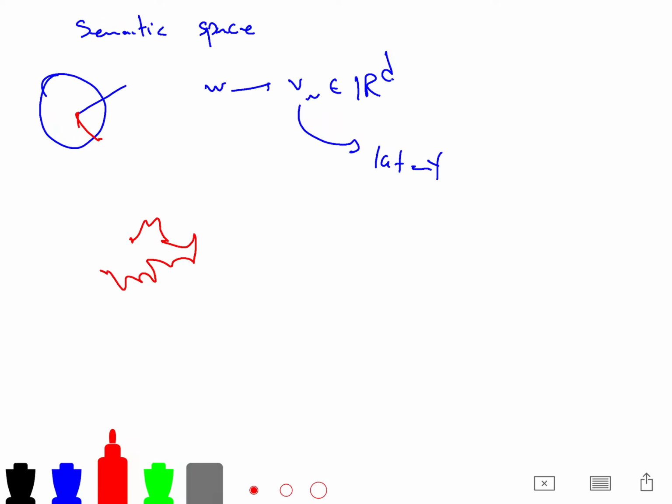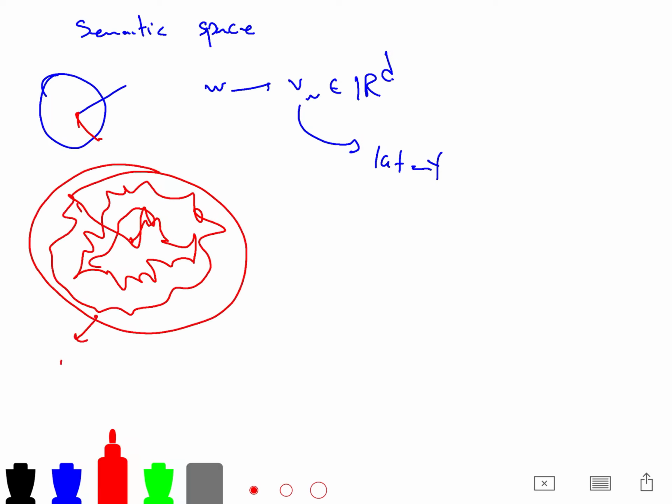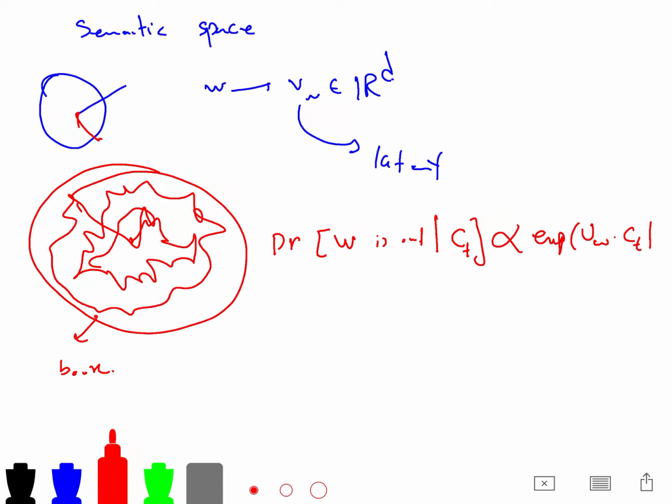It's just a random walk. From one word it goes to another word, and suddenly you notice that you have generated a book, a good text, a poem. So the probability that W is output given C_t is proportional to v_w · c_t. And I'm sure that you have seen my lectures about those linear LDA methods, word embedding, skipgram,